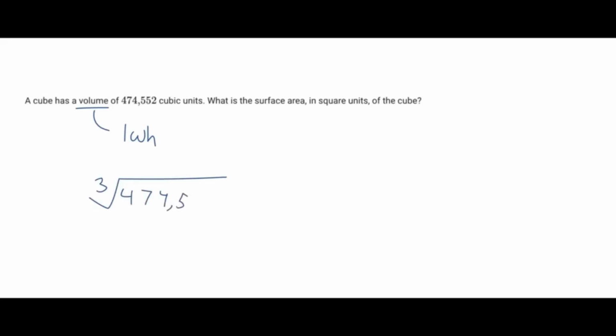474,552. And that will give us a value of 78, all right? So 78 is just the side length of each of the sides. And now we want to calculate the surface area. So for the surface area, we can just find the area of each side and then multiply by the number of sides. So we have 78 times 78. That will give us the area of one side. And we know there are 6 faces to a cube. And so we can just multiply this by 6, giving us a final value of